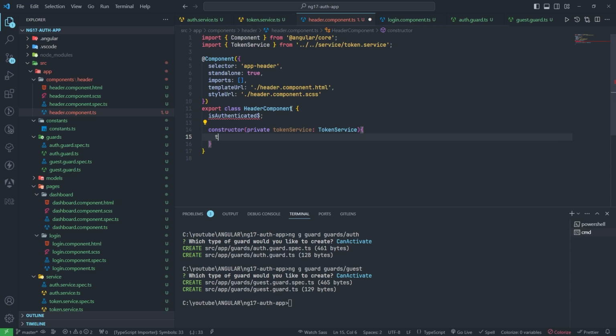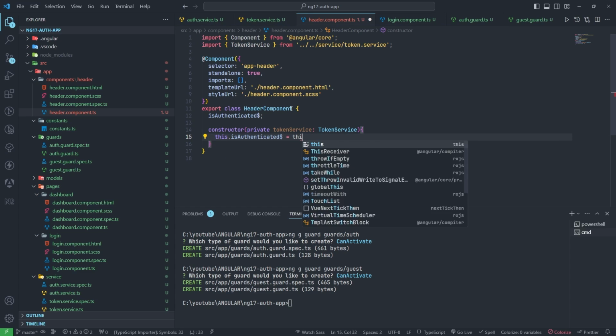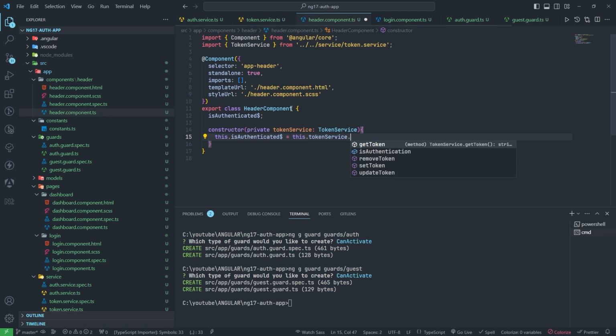This token service is authentication. And yeah,